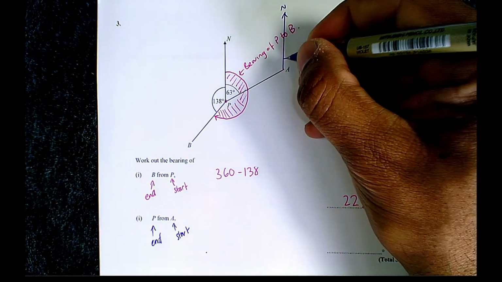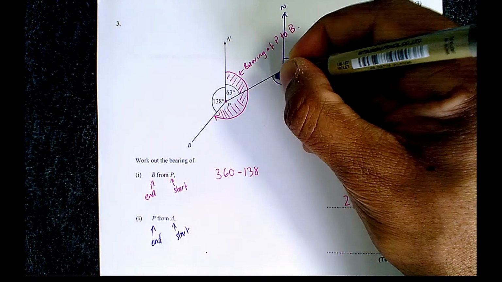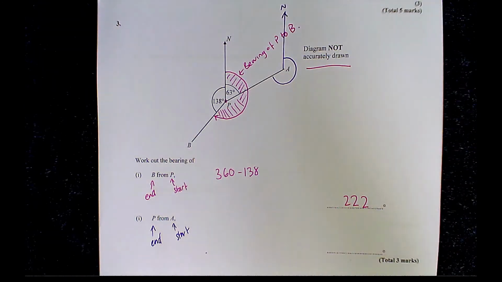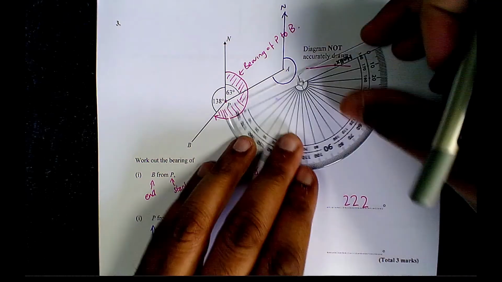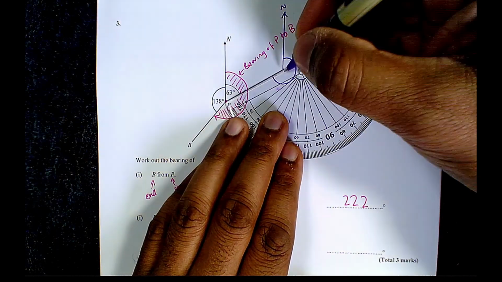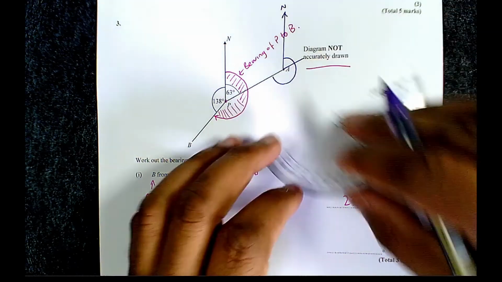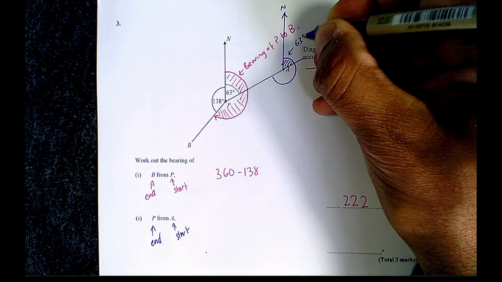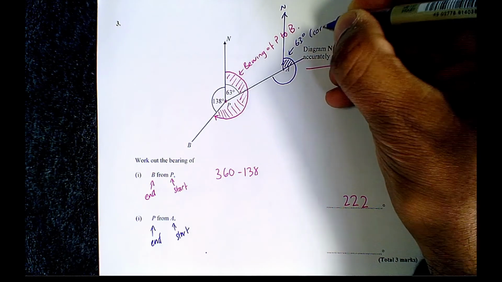And it's this angle that I'm trying to find. Now for this, obviously it's not going to be drawn to scale, so I can't use my protractor. But one thing I can do is if I extend the line going from P to A, I know that this angle here is going to be 63 degrees because it is a corresponding, or an F angle,